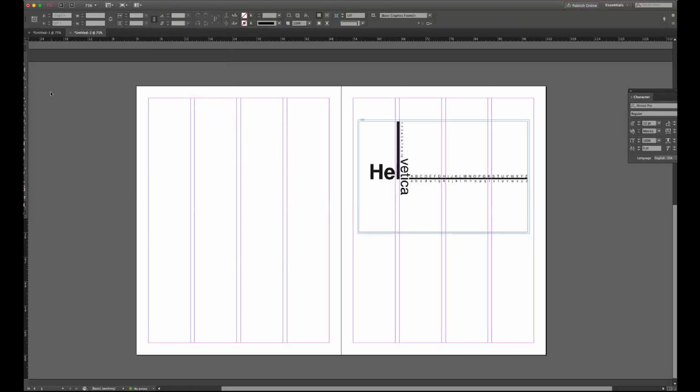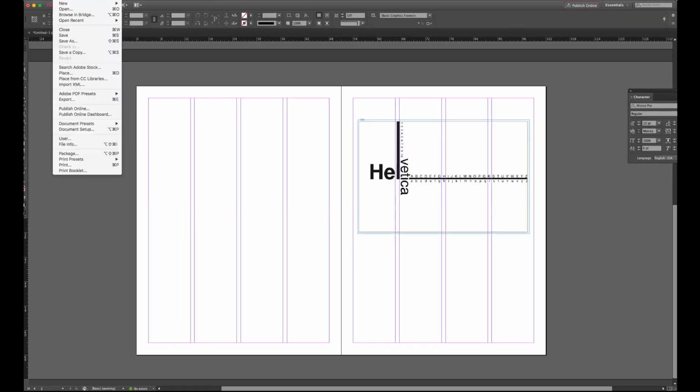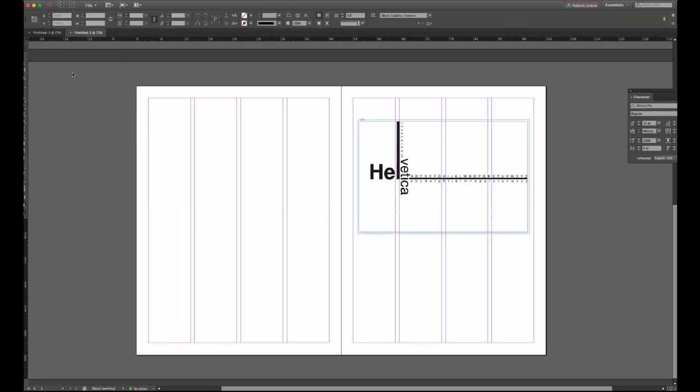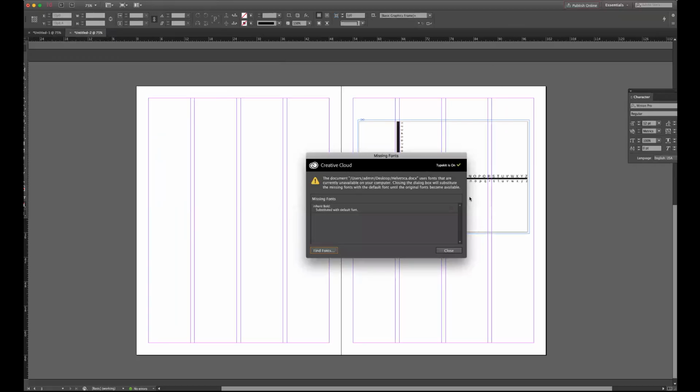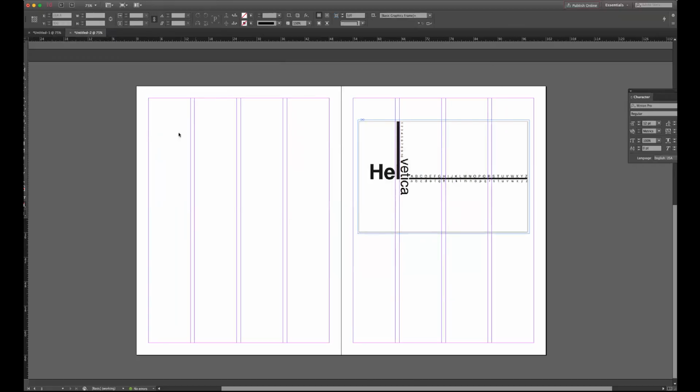To flow your article into InDesign, you'll grab your type tool, and you can draw a box and flow it in, or you can go to File, Place, and then I titled mine Helvetica. You can see the lettering in my mouse.